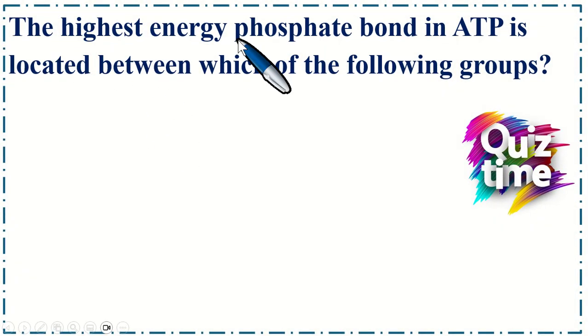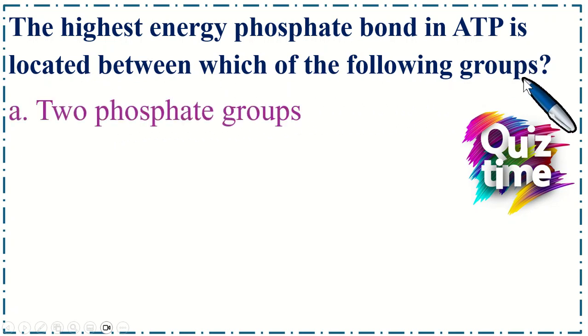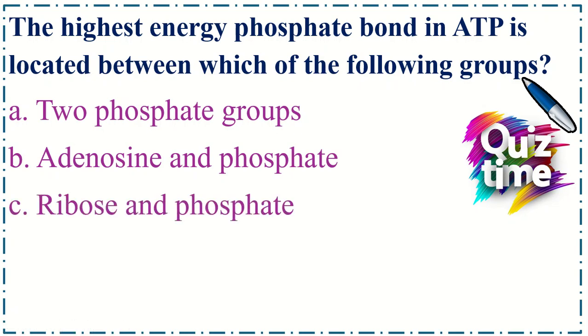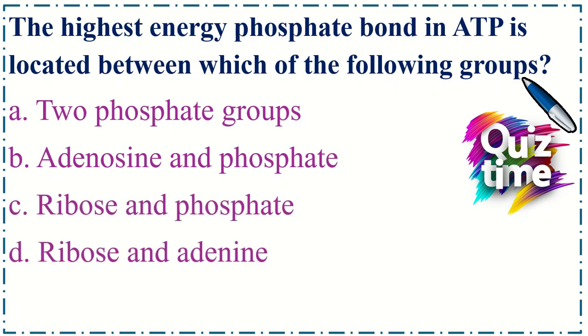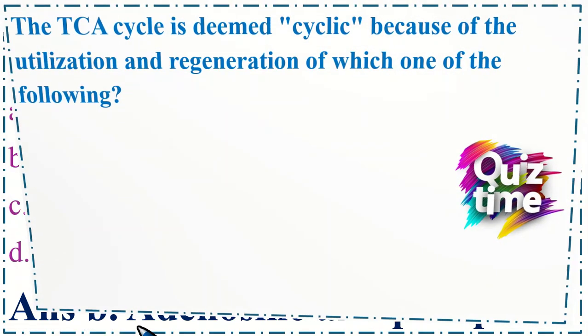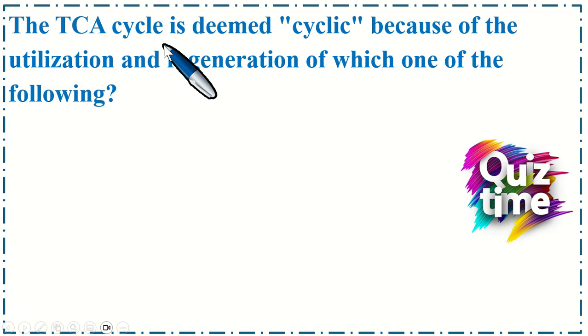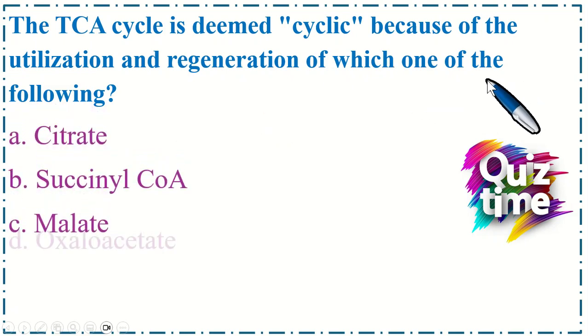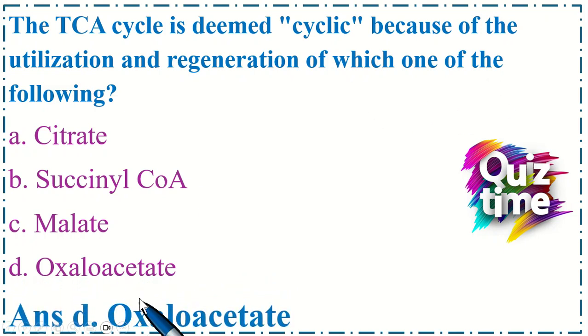The highest energy phosphate bond in ATP is located between which of the following groups? Correct option is B, adenosine and phosphate. The TCA cycle is deemed cyclic because of the utilization and regeneration of which one of the following? Correct option is D,